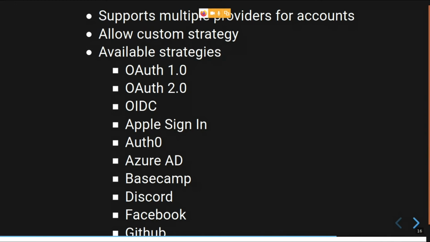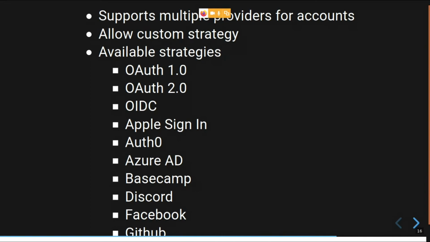You can also create a custom strategy, so that if the available strategies do not meet your criteria, or you are using some service which is not directly supported by POW Assent, you can create your own. The only thing is that the service you are trying to integrate should support authentication, mainly OAuth 2, which is what we use most of the time.